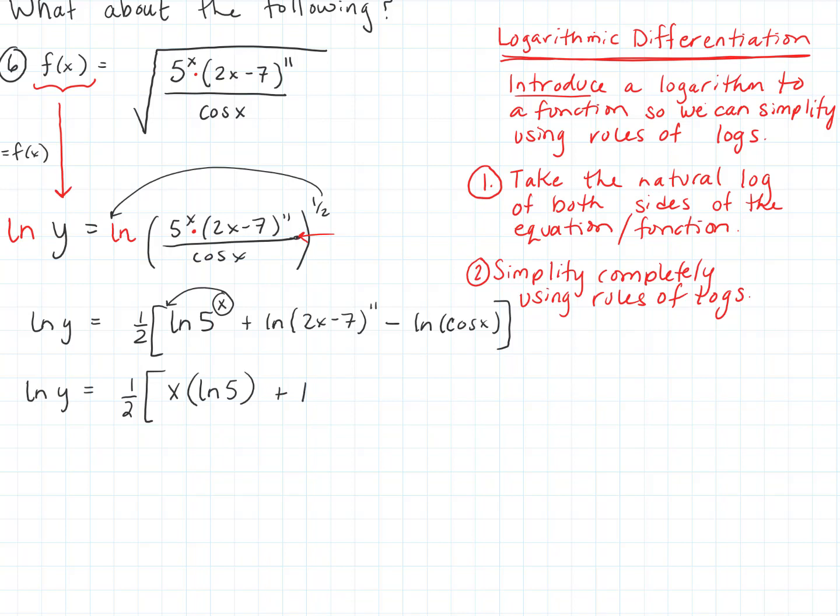Plus, I'm going to pull down this 11 too. 11 times the natural log of 2x minus 7. Nothing to do on this last one, so minus natural log of the cosine of x. Okay. Now what we're going to do is we're actually going to differentiate, but we're going to differentiate with implicit